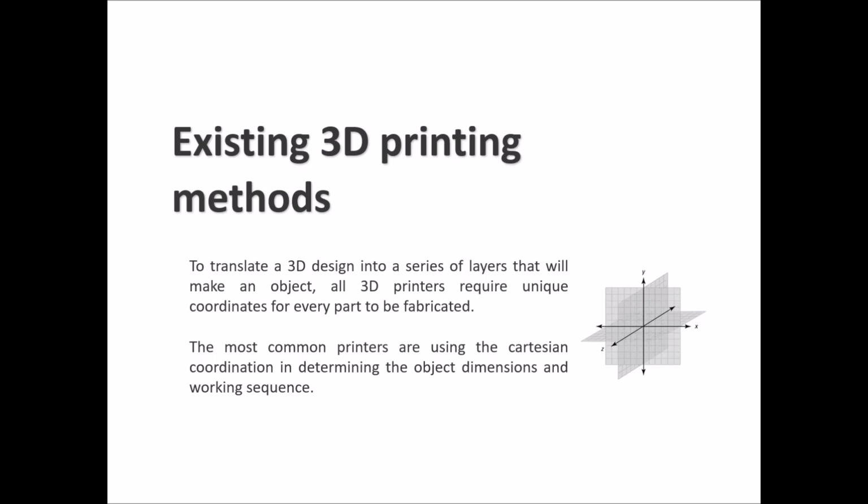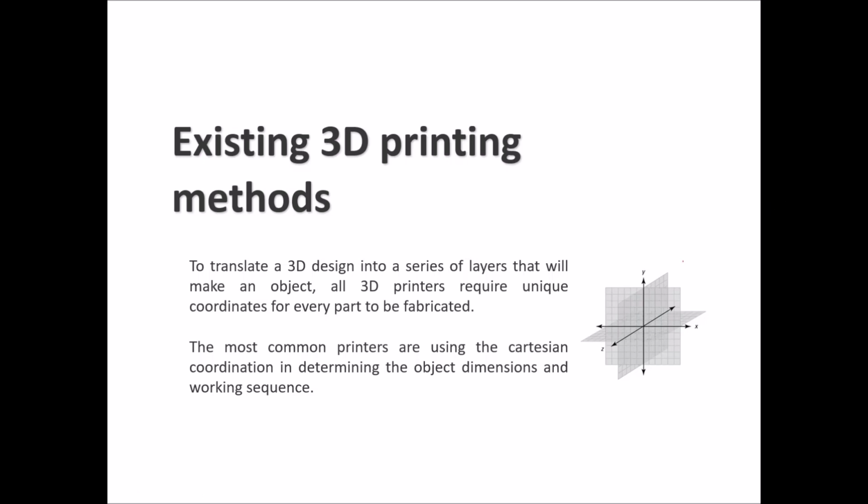Now let's talk about the existing 3D printing methods. If you want to translate the 3D design to layers so that you can make an object, the printers need coordinates. The whole point of slicing is to map the 3D printer. Mapping means you are coordinating the 3D printer nozzle to go to certain points in the space and deposit the 3D printing material. The most common printers use the Cartesian coordinates, which is the XYZ,